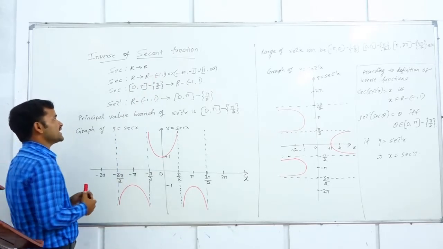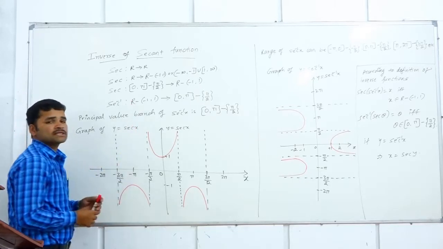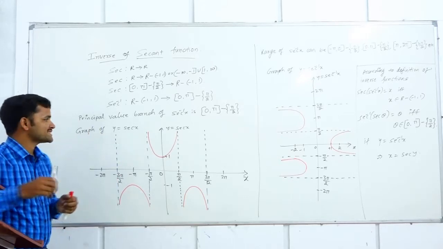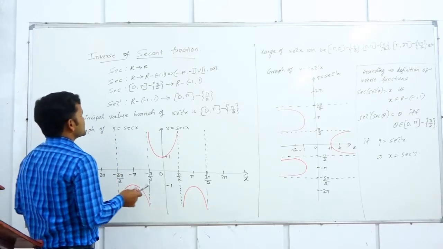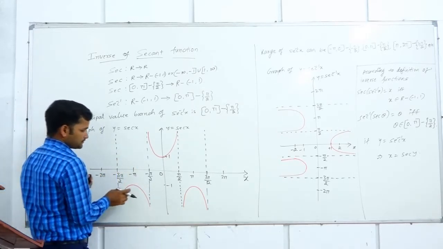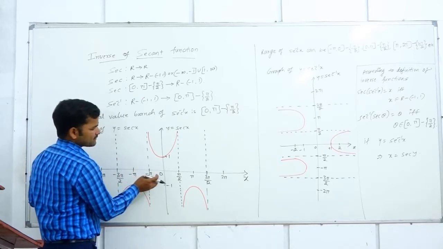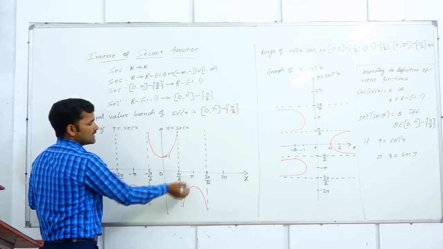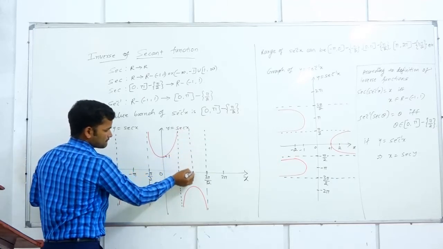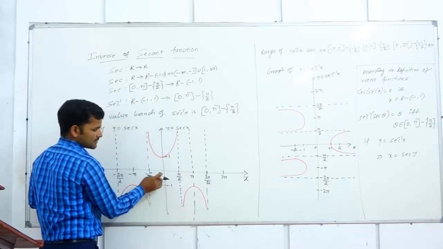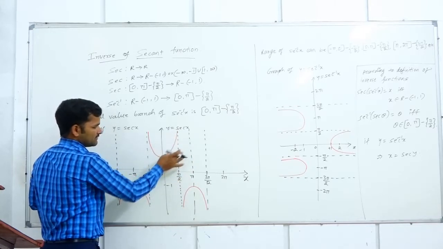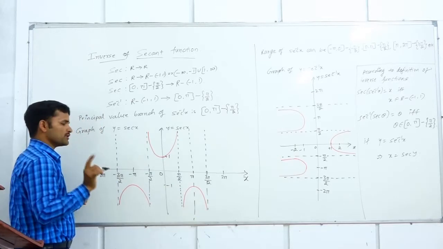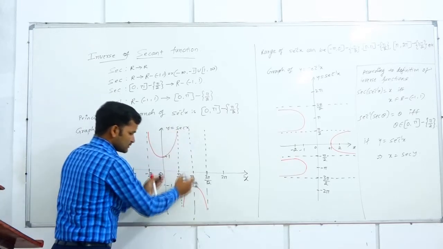Next, to make the given function 1-1, what we do, we restrict its domain. Domain restriction, you see, we will restrict it from 0 to pi. Here is 0 and pi is here. You see, from 0 to pi, if you draw the horizontal line anywhere, it intersects at only one point. Means 0 to pi we will consider.